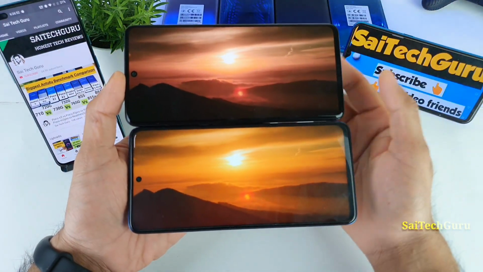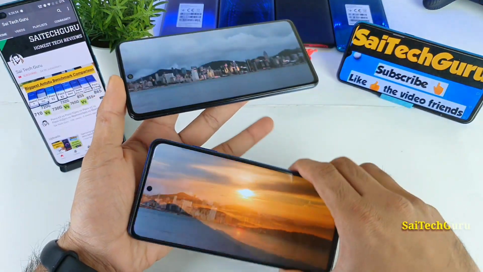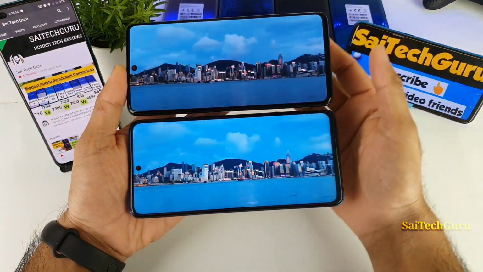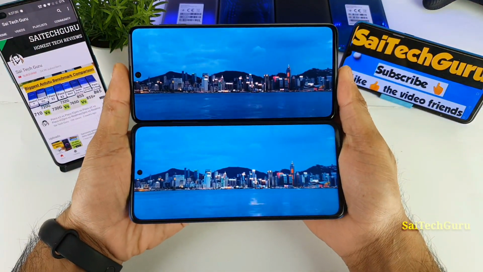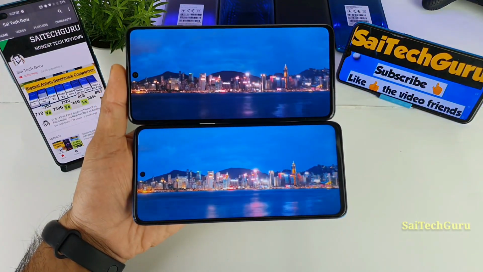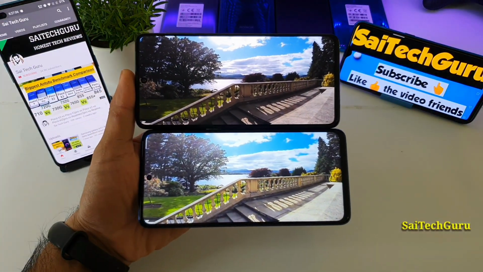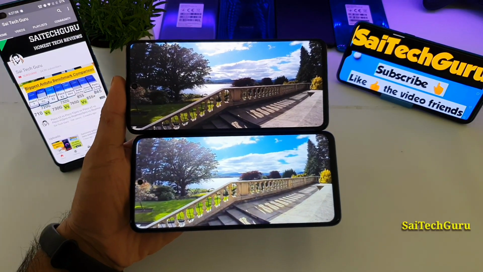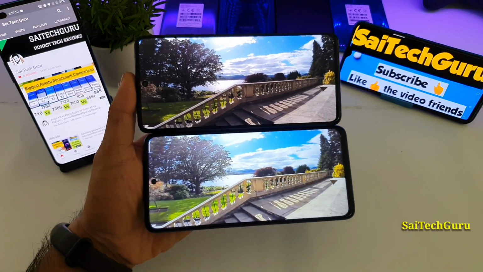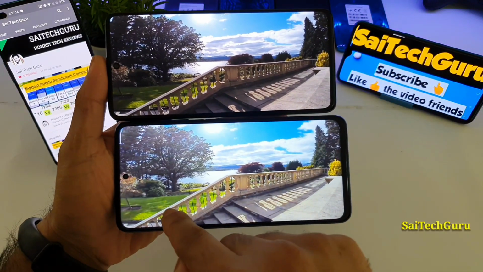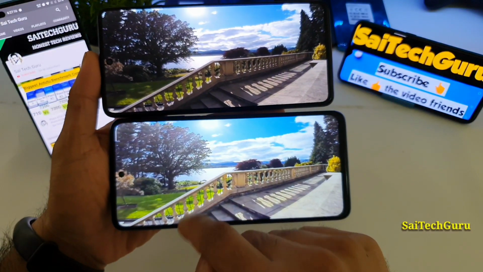Just compare, friends, with the AMOLED panel. Here is the Poco X3. As you can clearly see, there is a huge difference between both smartphones in terms of saturation. Now let me decrease the studio lighting effect and show you, so maybe you might understand more if there is less studio lighting effect. Right now there is less studio lighting effect, and try to observe this grass, how saturated it is here.